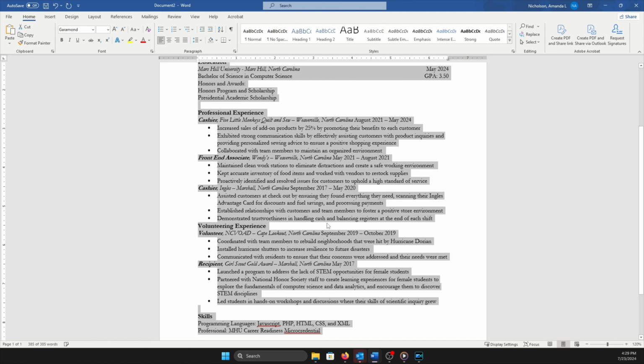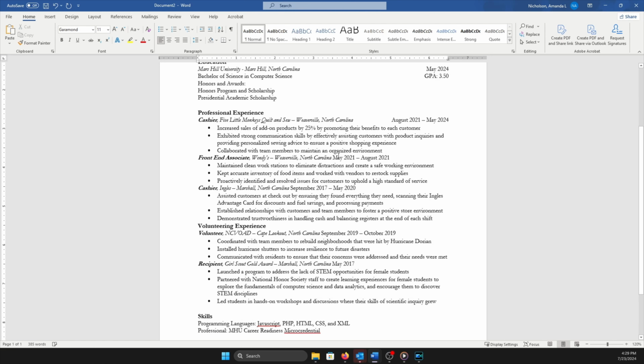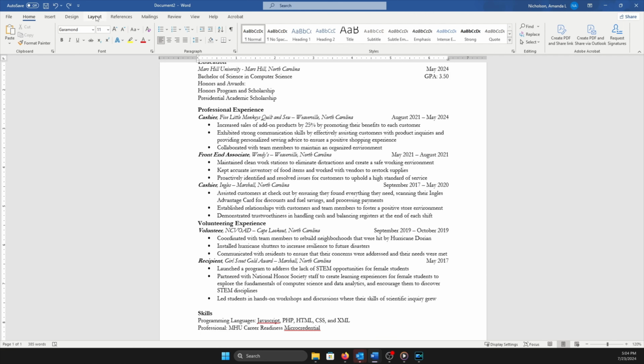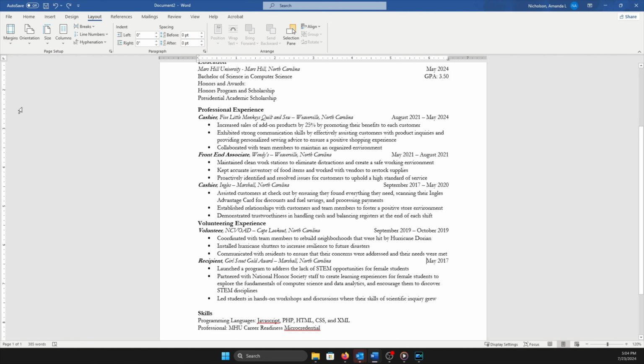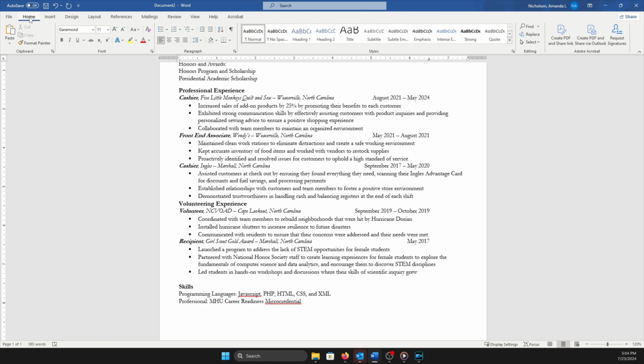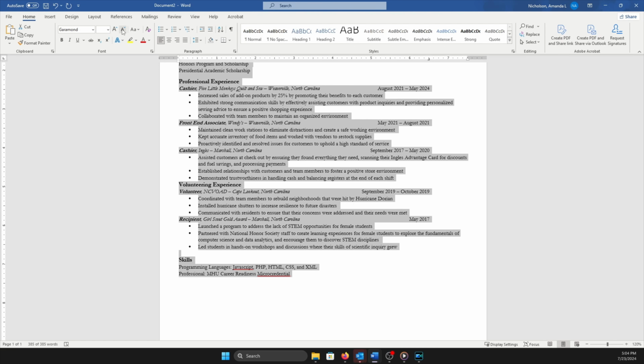Now, if you place the cursor in front of any text and hit the Tab button, it will align to the position you specified in the Tab Stop Position box. This is an easy way to make your resume look tidy and professional. If your resume spills over onto a second page, try using narrow margins, adjusting your font size, or reducing line